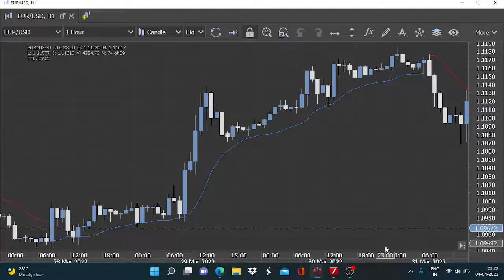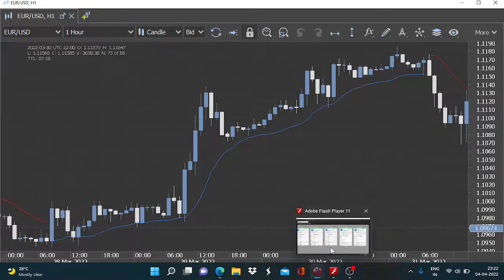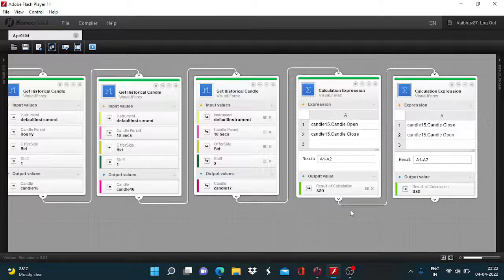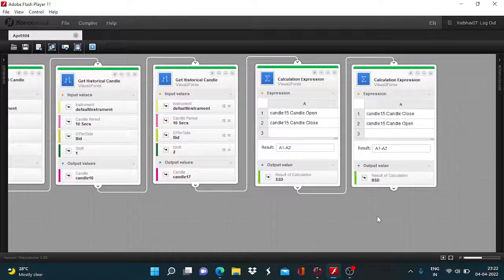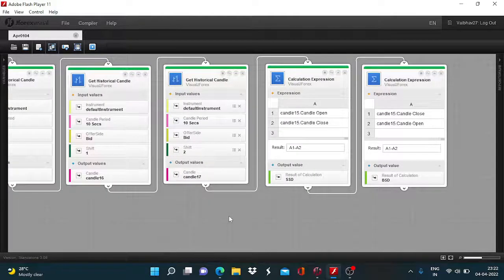Now let us head back to the Visual JForex board, where we have already taken into consideration the actual difference. In today's session we will have to set the conditions for the execution of the trade, and then we will also have to define some additional variables for the purpose of execution of the order, and also for defining the input parameters for the trade command block. So let us now get